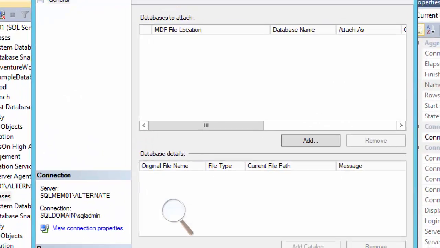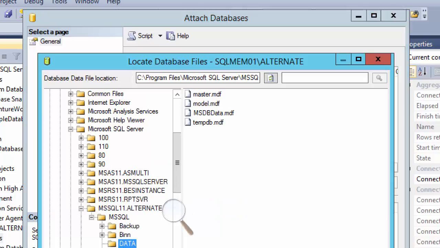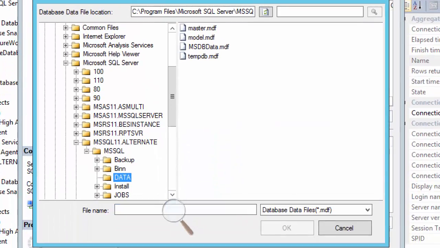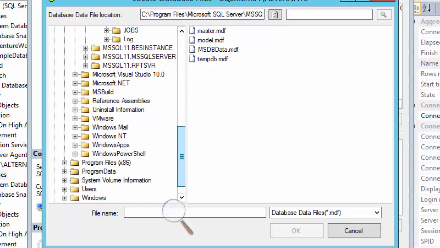Obviously it's the same path as the path for other databases. So I'm just going to click add here. It needs the MDF file location, it needs the LDF file location as well. So click add, and this is the path for the database for the alternate instance.